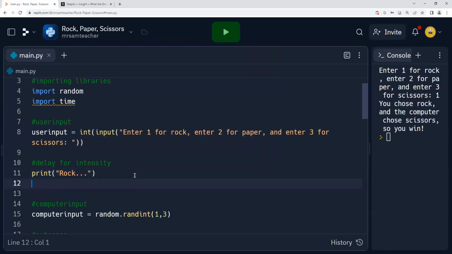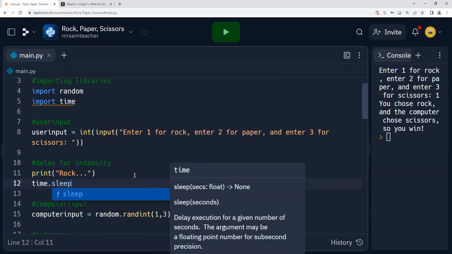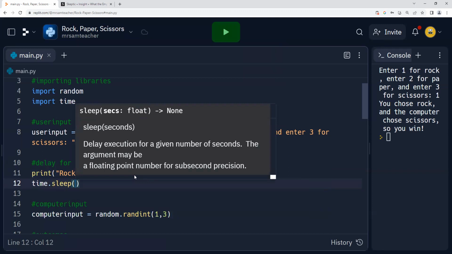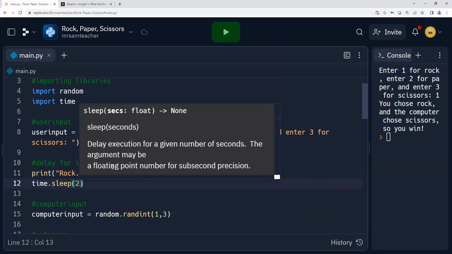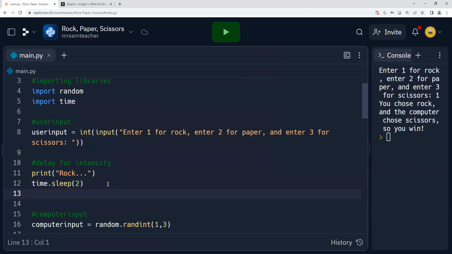Then we're going to hit, what is it called? Time.sleep to import the sleep function. And we'll put 2 seconds, kind of interesting. And you can play around with the seconds. What looks cooler? A longer delay, slow delay, something in the middle. You can always just go back and edit the code.